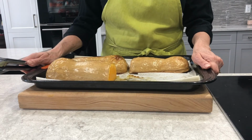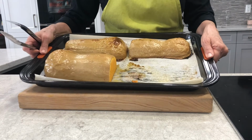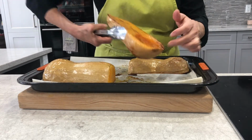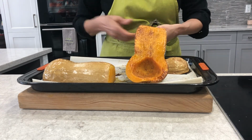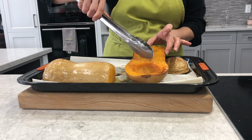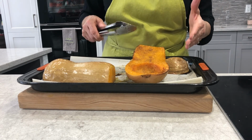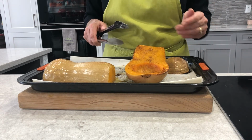So our squash has now finished baking in the oven. You can see it's got a beautiful golden crust on the outside. And if I take this and I turn it over, it's steaming hot and it's very tender on the inside as well. It should be nice and soft, and I can get my fork or knife all the way through it. So now our squash is ready to eat,